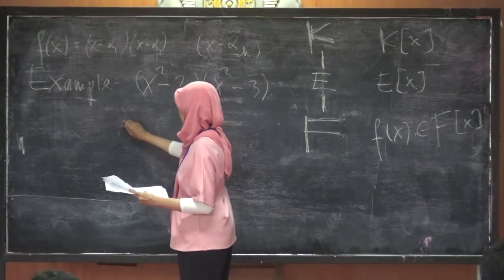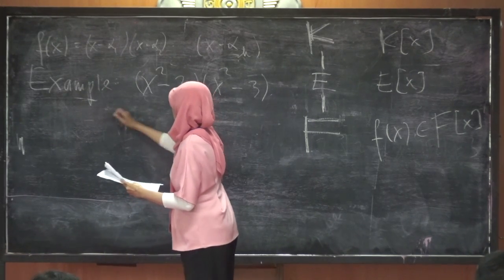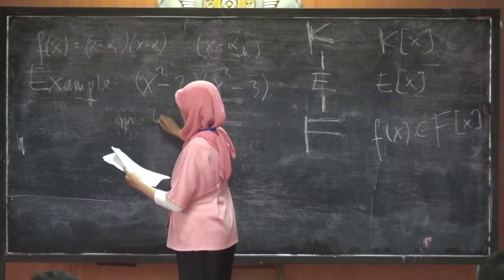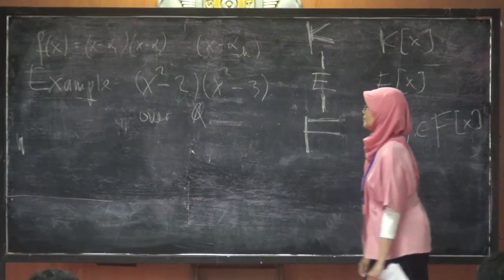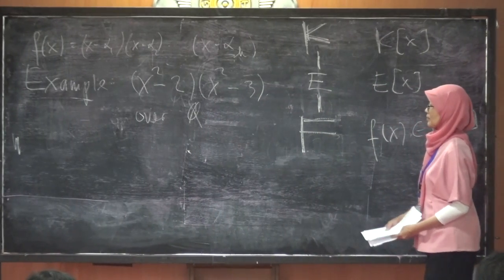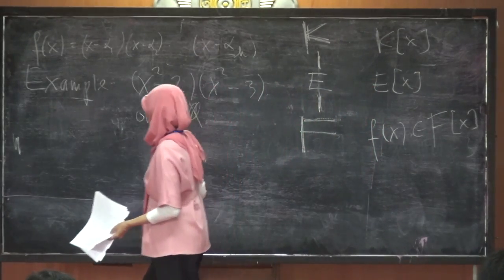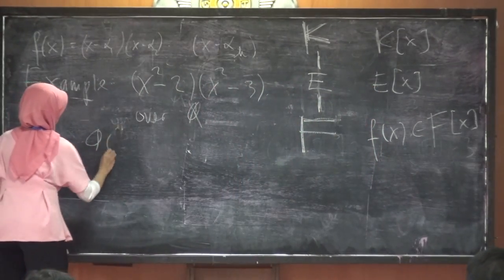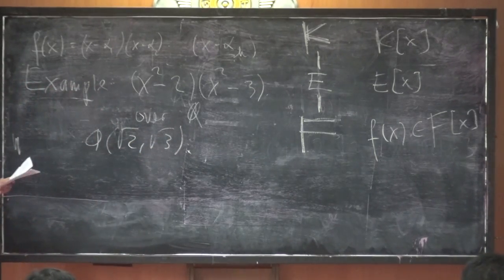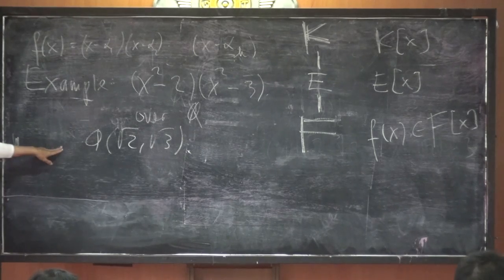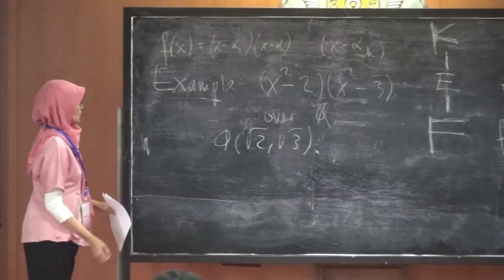This is over Q. This is the minimal polynomial over Q, and this extension field is Q adjoined this one. This is the splitting field of this polynomial over Q, because you know that,